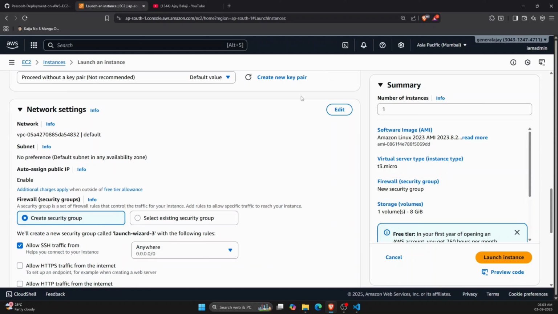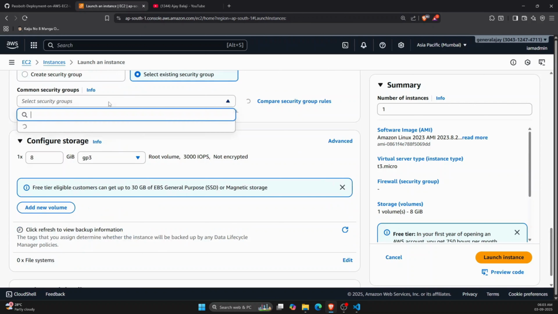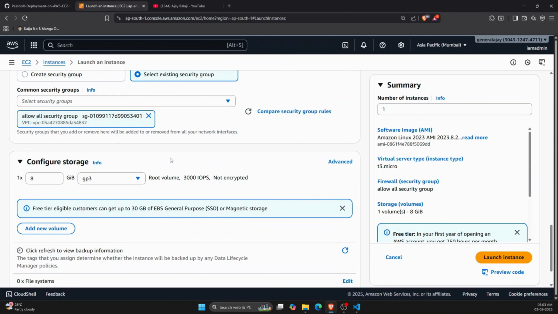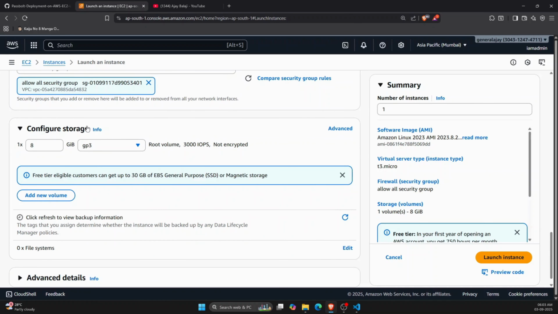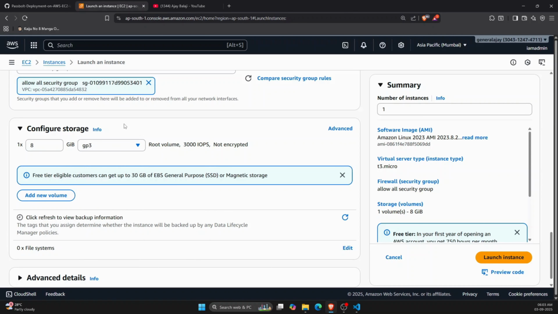Which we will be seeing later. And we have to choose a security group. I'm clicking existing security group, allow all security group. Okay. Then we will be configuring storage. As of now, the default storage is 8 GB. So let's fix that, and we can change the type of EBS also. We will be checking this in the EBS section. Let's, as of now, keep the default settings